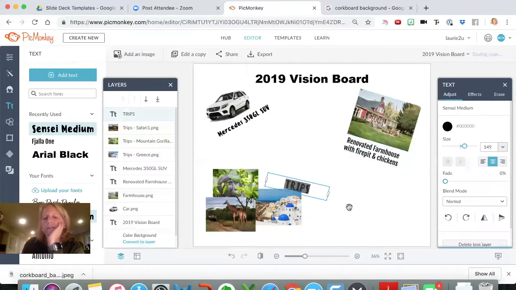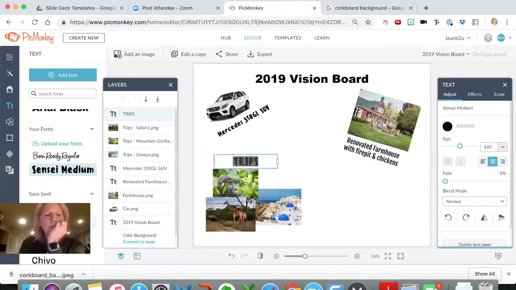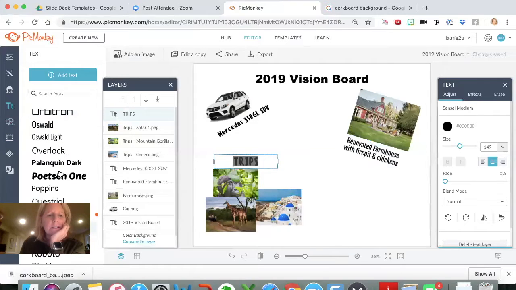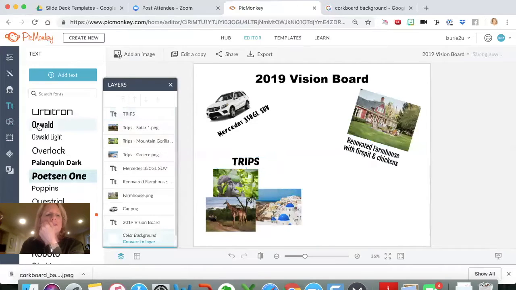All right. So you could do something like trips. I know that doesn't look like an I, but I think it is an I. It's just a weird font. Let me use a different font. There's all kinds of cool ones. I can get lost in these fonts. They're so much fun. So let's do that. Trips.